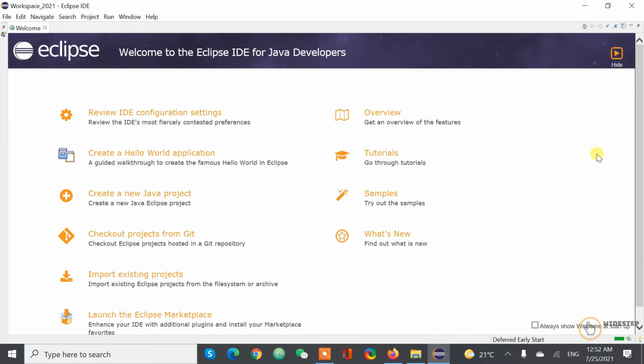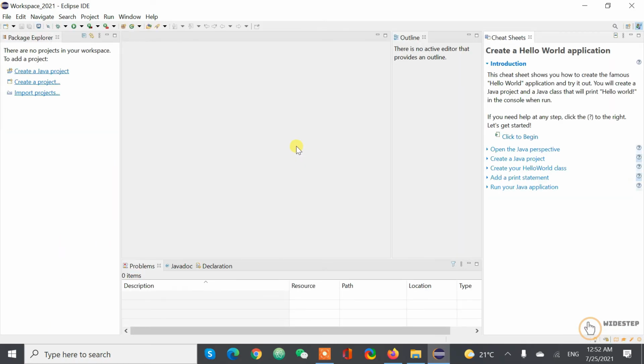So here is our Eclipse IDE homepage. From here either you can check the overview of the features, or you can go through the tutorials, or you can try out some samples yourself, or you can find out what's new about this release. In order to verify our Eclipse installation, I'm going to create a Hello World application project. So I'm going to click on this one, create a Hello World application link, and then from here